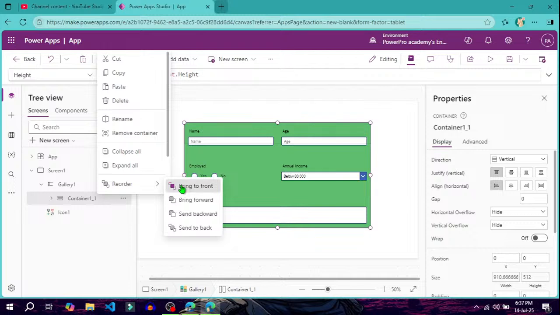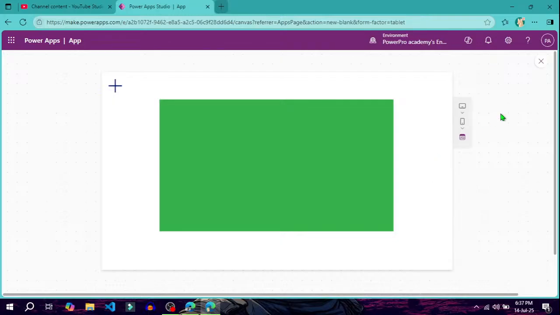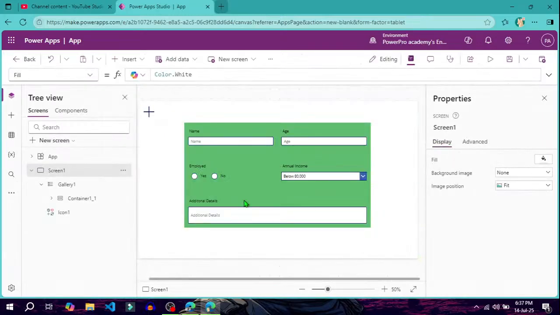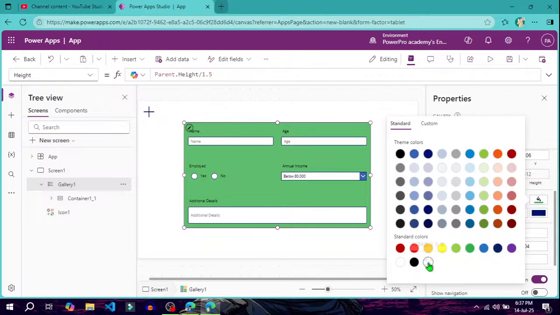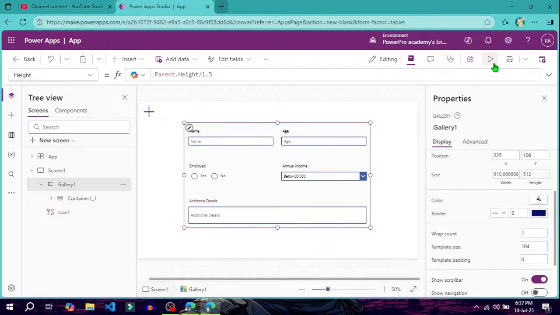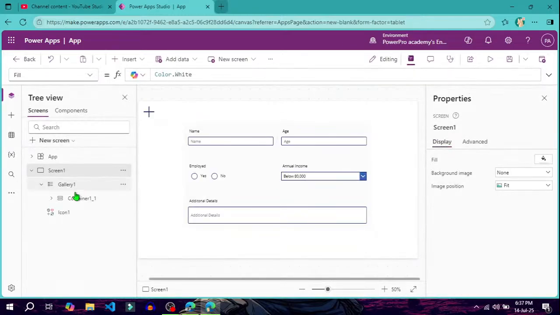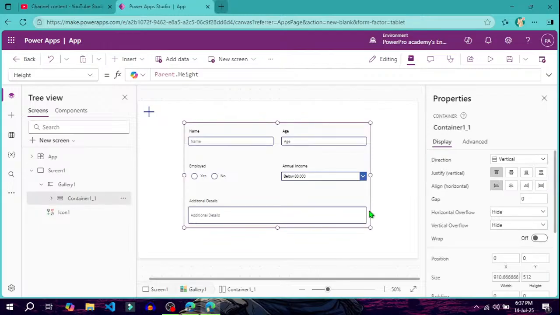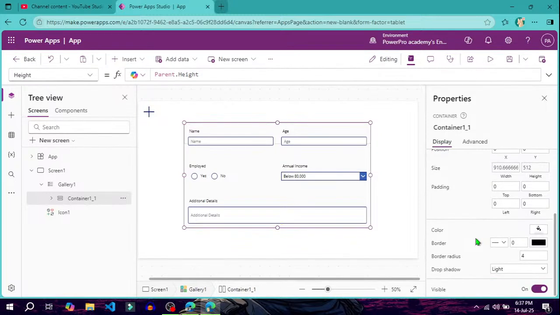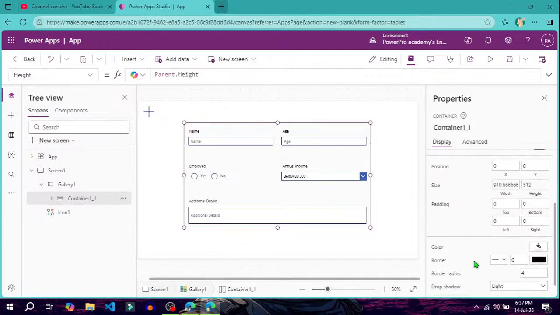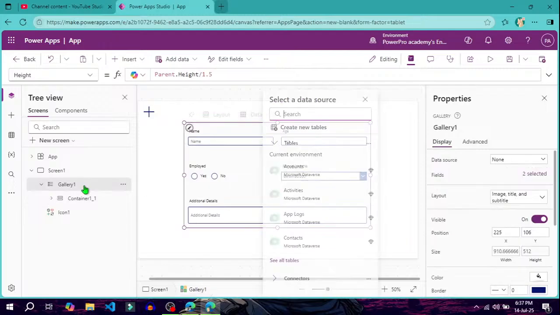Let's reorder it and keep it in front. Sorry, no, the gallery is not visible at all. Sorry, the gallery is visible, but the items are not visible. Now let's see. No, it's not visible. I don't know what is going on there. The form is not visible, but why? There are colors, there is the height, the wrap, everything is fine, but